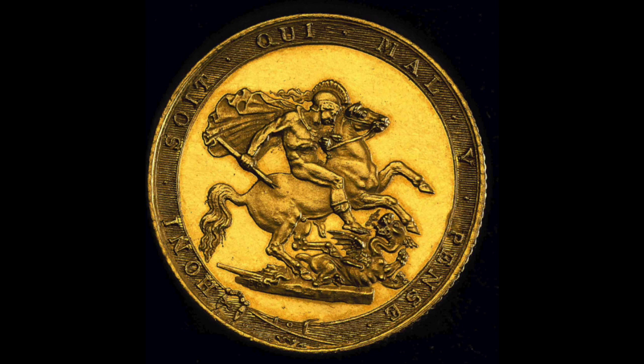As the Royal Mint observes today, quote, the result is a masterpiece of numismatic art, a coin design combining such grace and dramatic impact that it now ranks as one of the best loved and most enduring of numismatic designs, unquote. Nonetheless, the public did not warm to the new coin. They had gotten used to the Bank of England's paper money during the Napoleonic Wars and now preferred it. The lack of demand for sovereigns saw a reduction in the number of coins minted in successive years of George III's reign,